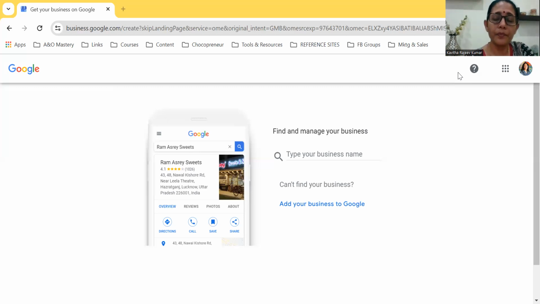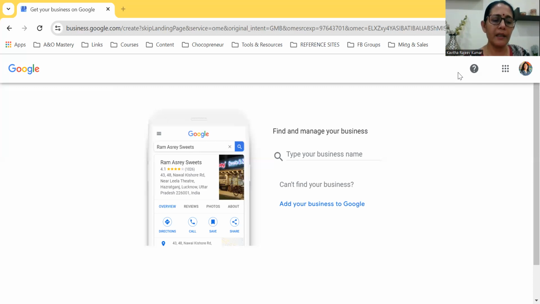It will even ask for proof of the address. You have to give all that and submit it for verification.